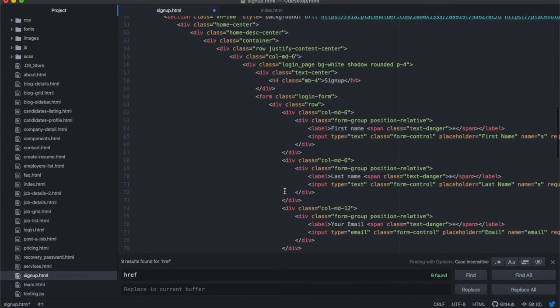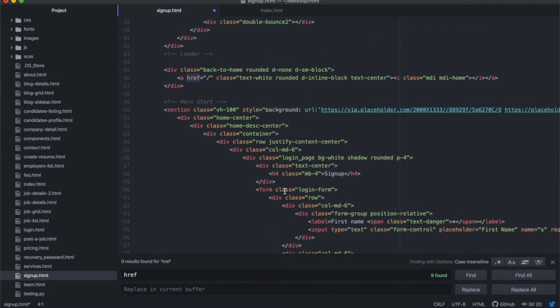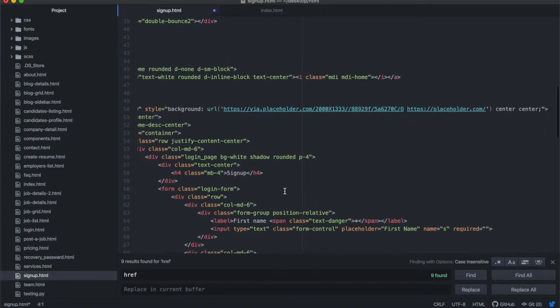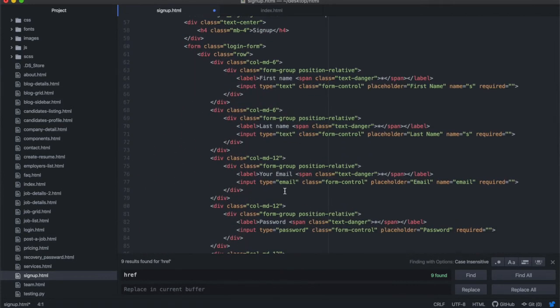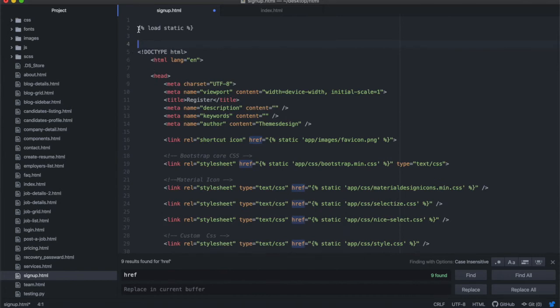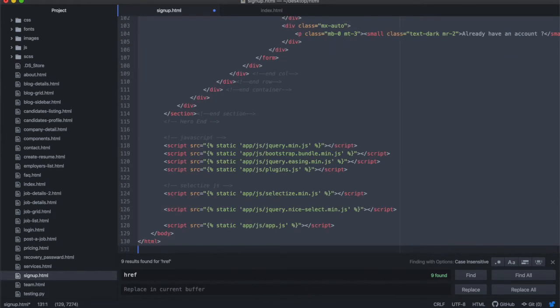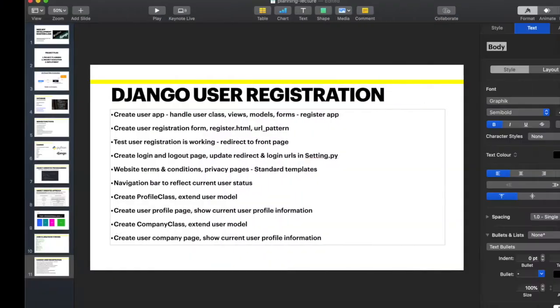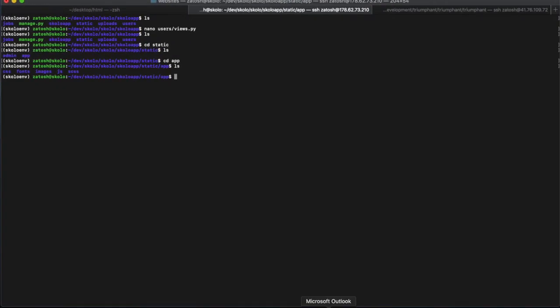So I think we are good. Let me just go through this again. Okay, so what I'm going to do is copy this entire HTML as it is, and load it into our VPS. All right, so let us go out of the static folder, and then we need to go into our users